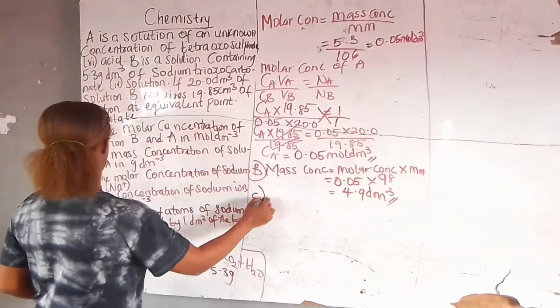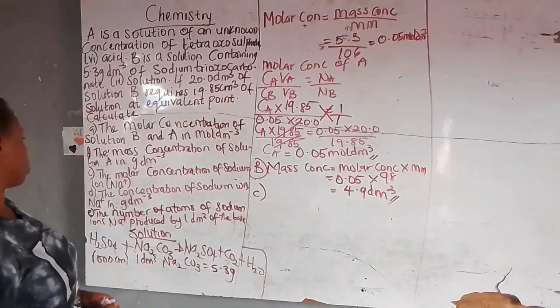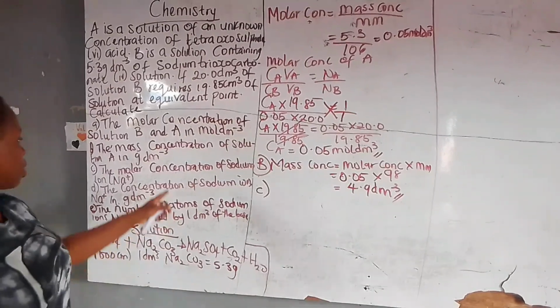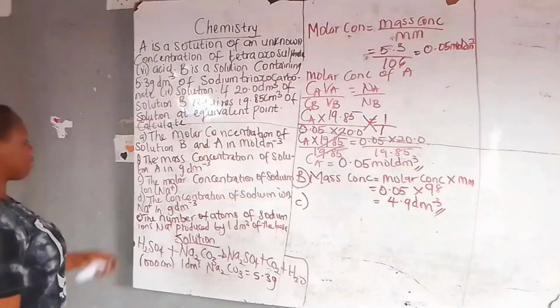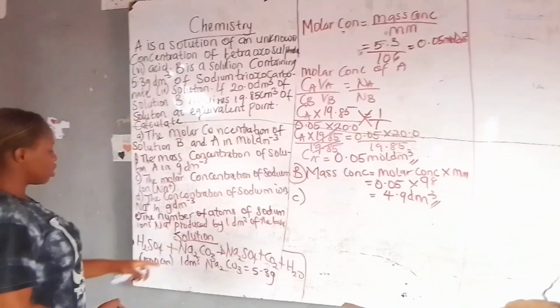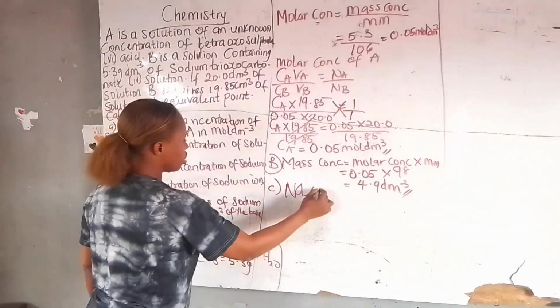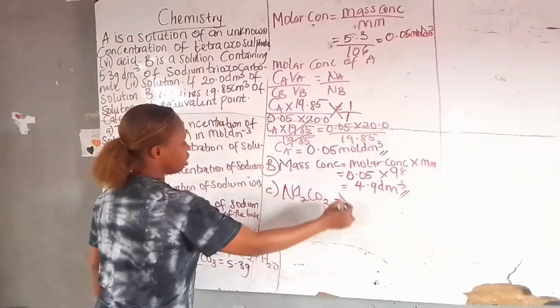Question C asks for the molar concentration of sodium ion. Before we can calculate the molar concentration of sodium ion, we are going to write an ionic equation from the base, which is Na2CO3. In an ionic equation, you are going to have N